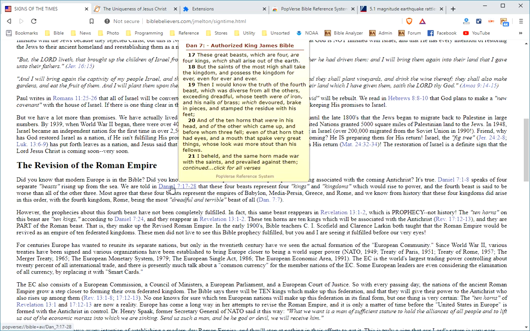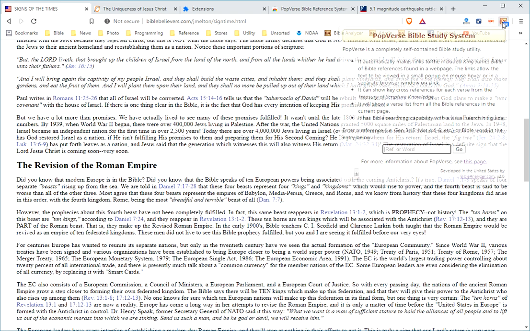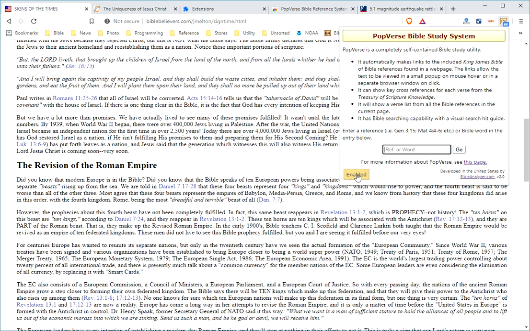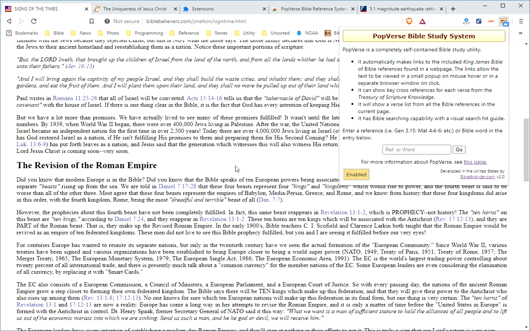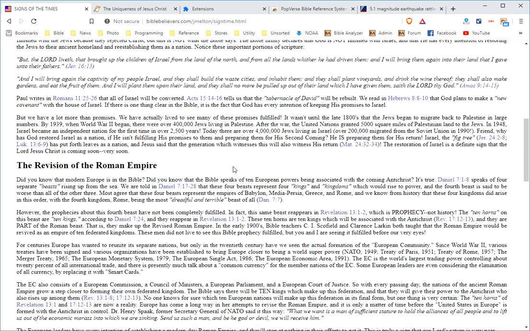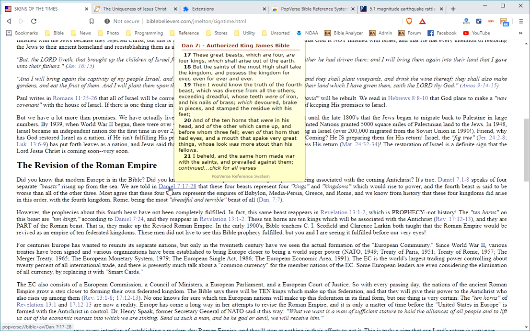You can always disable it. You can simply go up here under the icon, enable it and disable. See, there's how the page originally looks. No links. All you do is enable it, and there the links come back. But that makes it very convenient to see the text of the King James Bible from the links that are